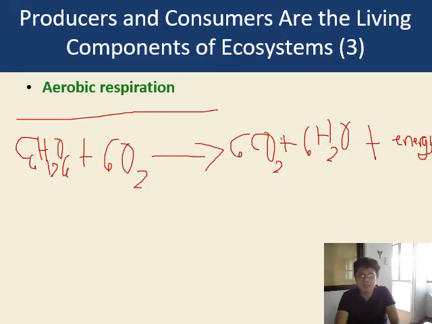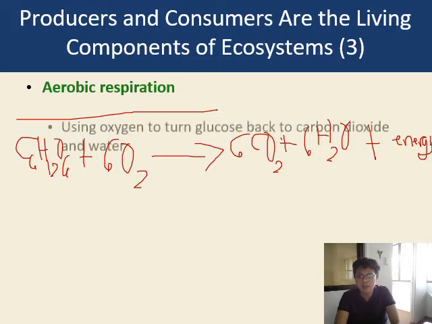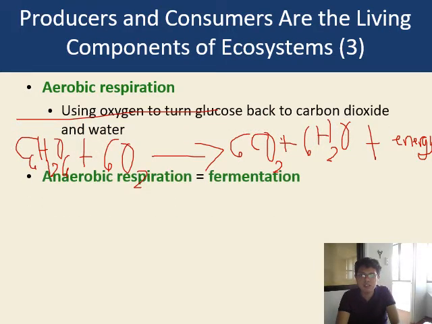The net chemical change for aerobic respiration is the opposite of that for photosynthesis. Some decomposers get the energy they need by breaking down glucose or other organic compounds in the absence of oxygen. This is a form of cellular respiration called anaerobic respiration or fermentation. So instead of carbon dioxide and water, the end products of this process are compounds such as methane gas or CH4. So this is methane,